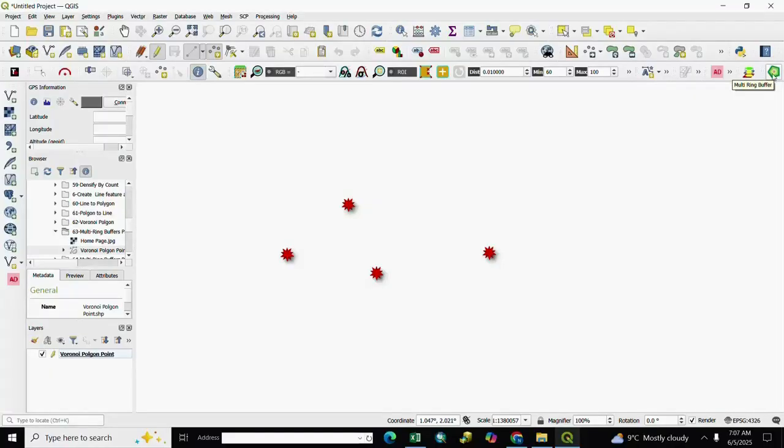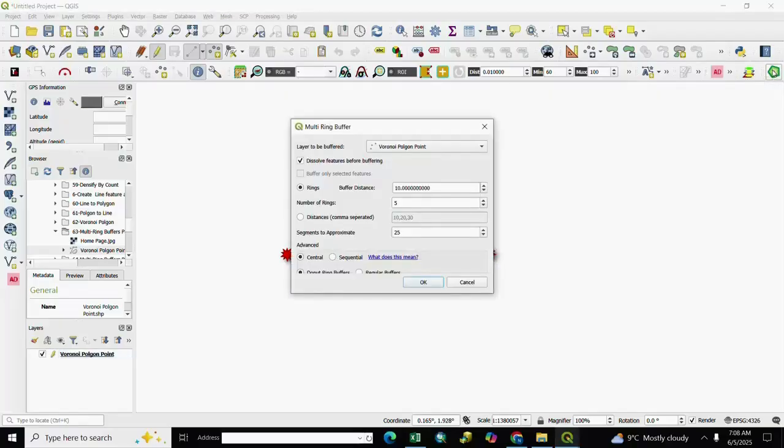So for creating multiple ring, we select it, its shortcut. For multiple ring buffer, we go to tool, multiple ring buffer tool, we select it. After it, layer to be buffer.